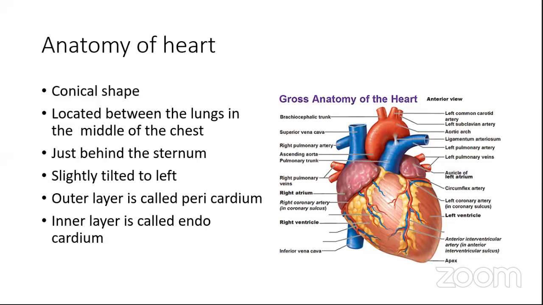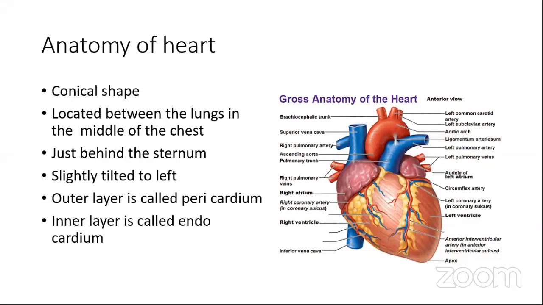Pericardium. Inside is the endocardium. The middle is called myocardium. So, a three-layered structure. Already, you know, the heart is made up of a specialized tissue called cardiac tissue. Exactly. Now you should understand the shape, conical shape, location just behind the sternum, middle of the chest,